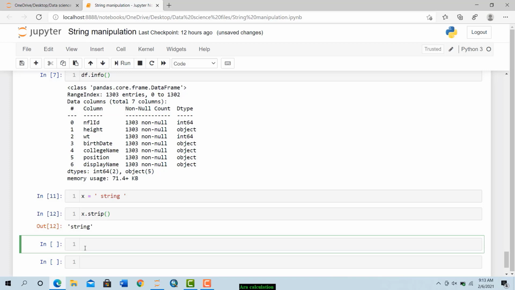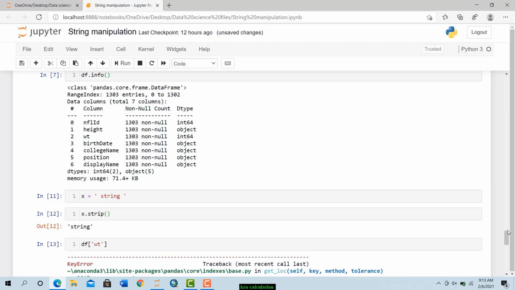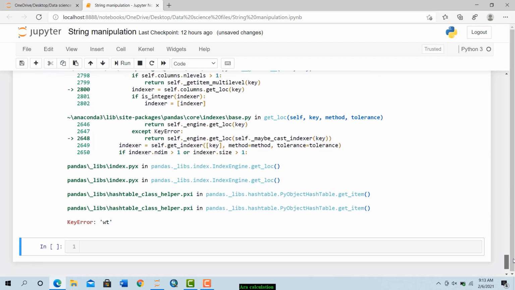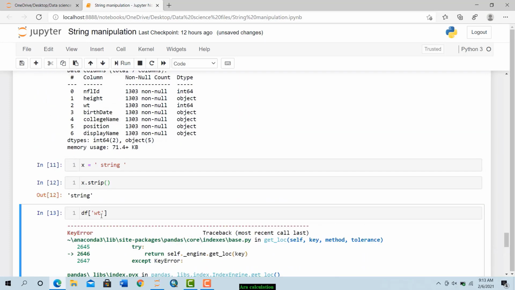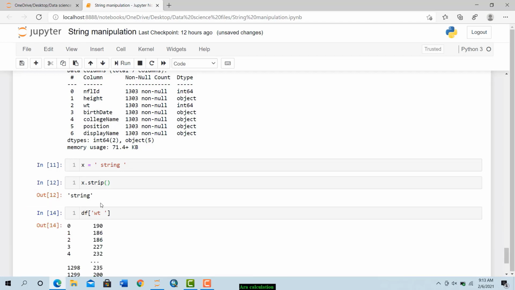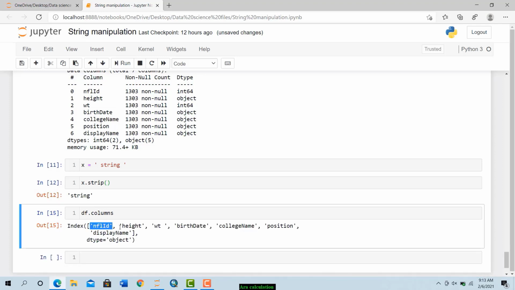Now if you want to access the column weight, df.weight, wt, you'll see an error because it's saying we don't have any column named that keyword. But if you press one space here, then it will be okay. So sometimes it occurs. So let me just see our df.columns. You can see all of them are okay, but just this weight column contains one white space. So to remove this, what we will do is df.columns is equal